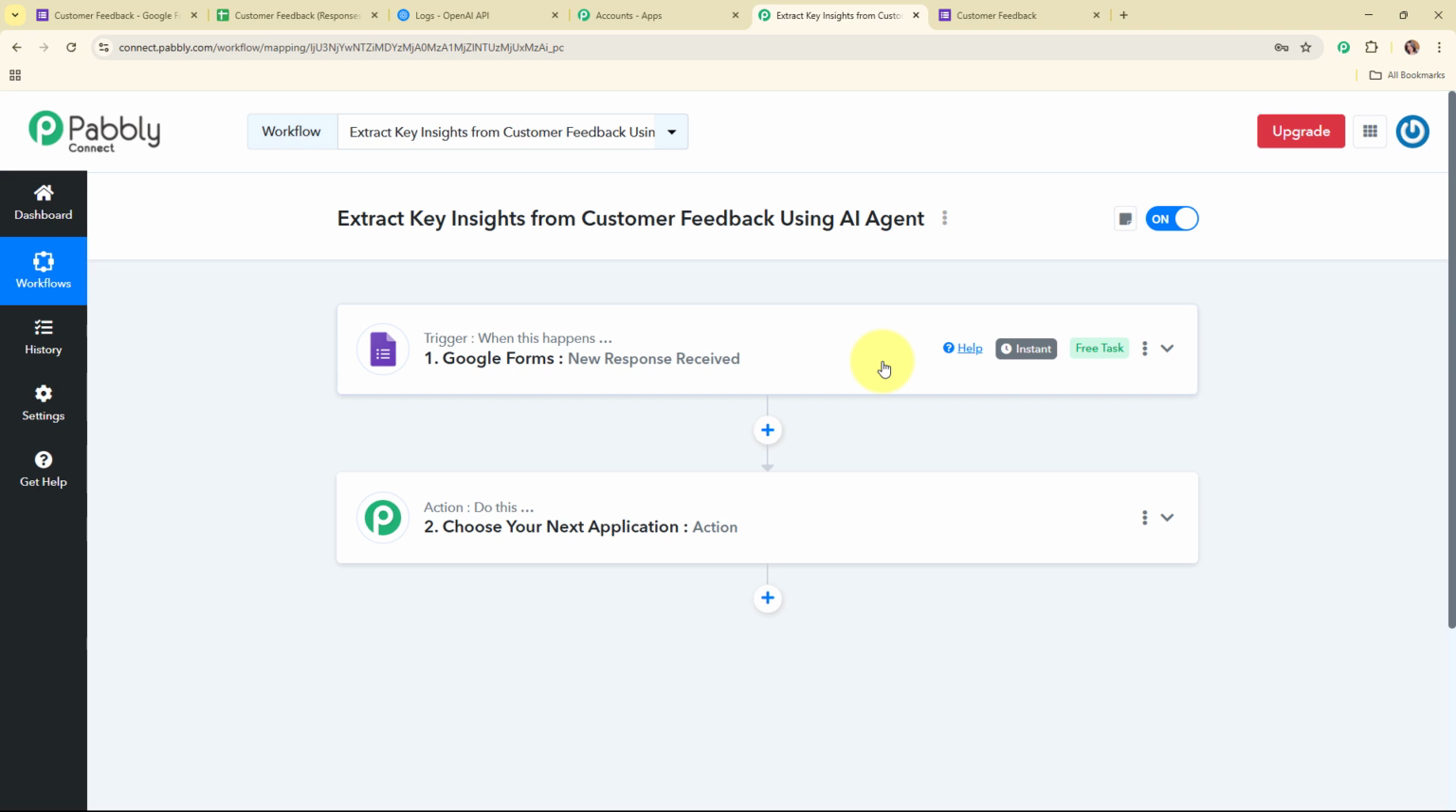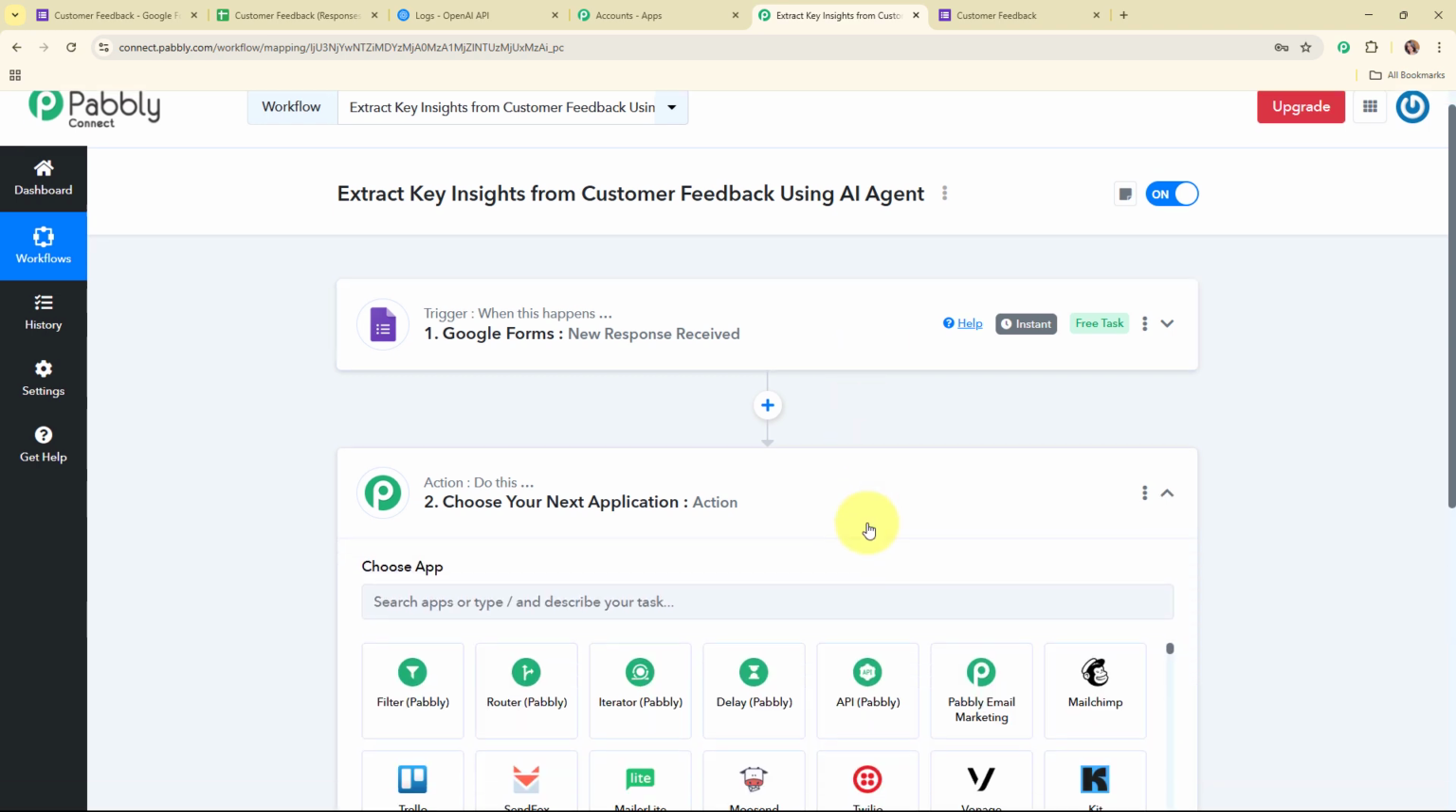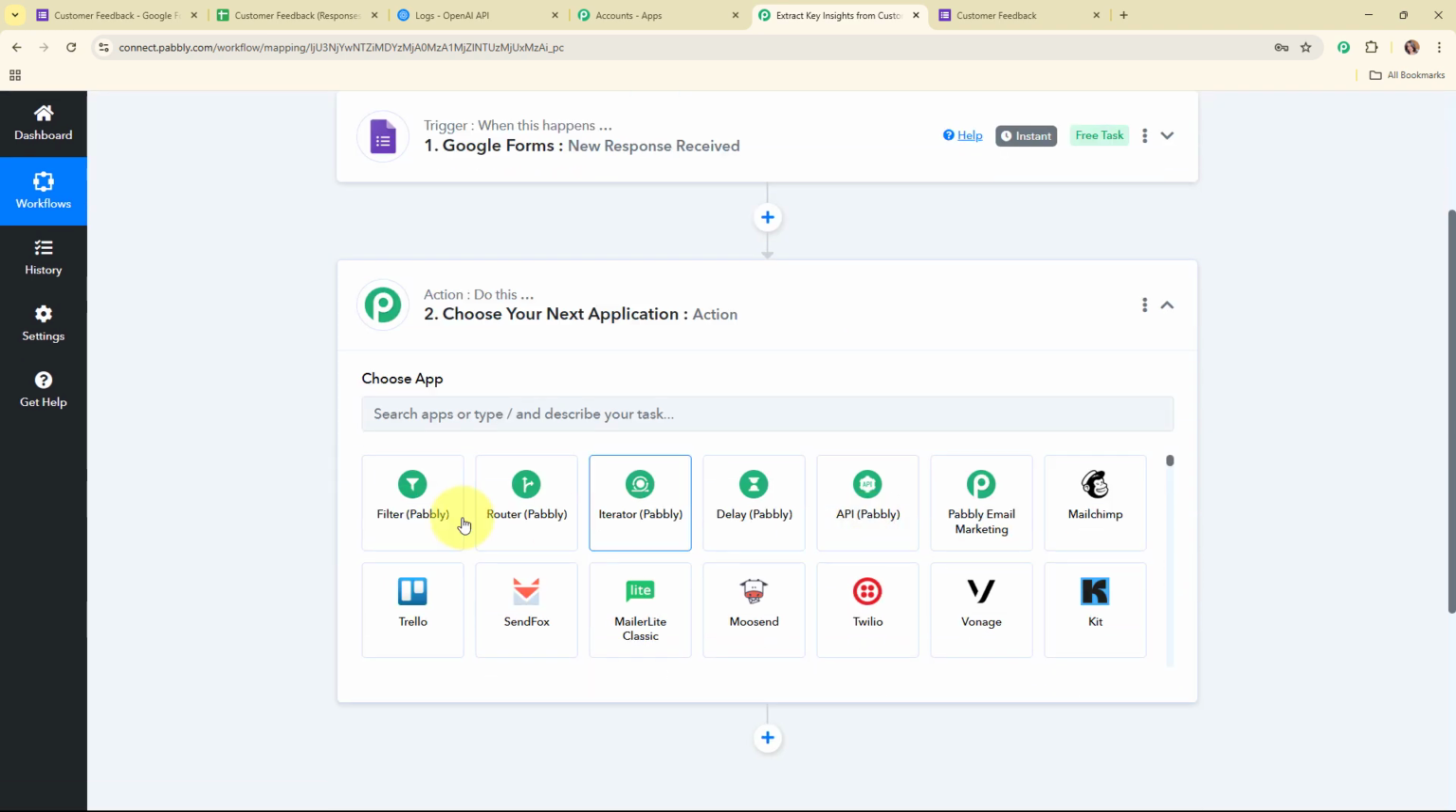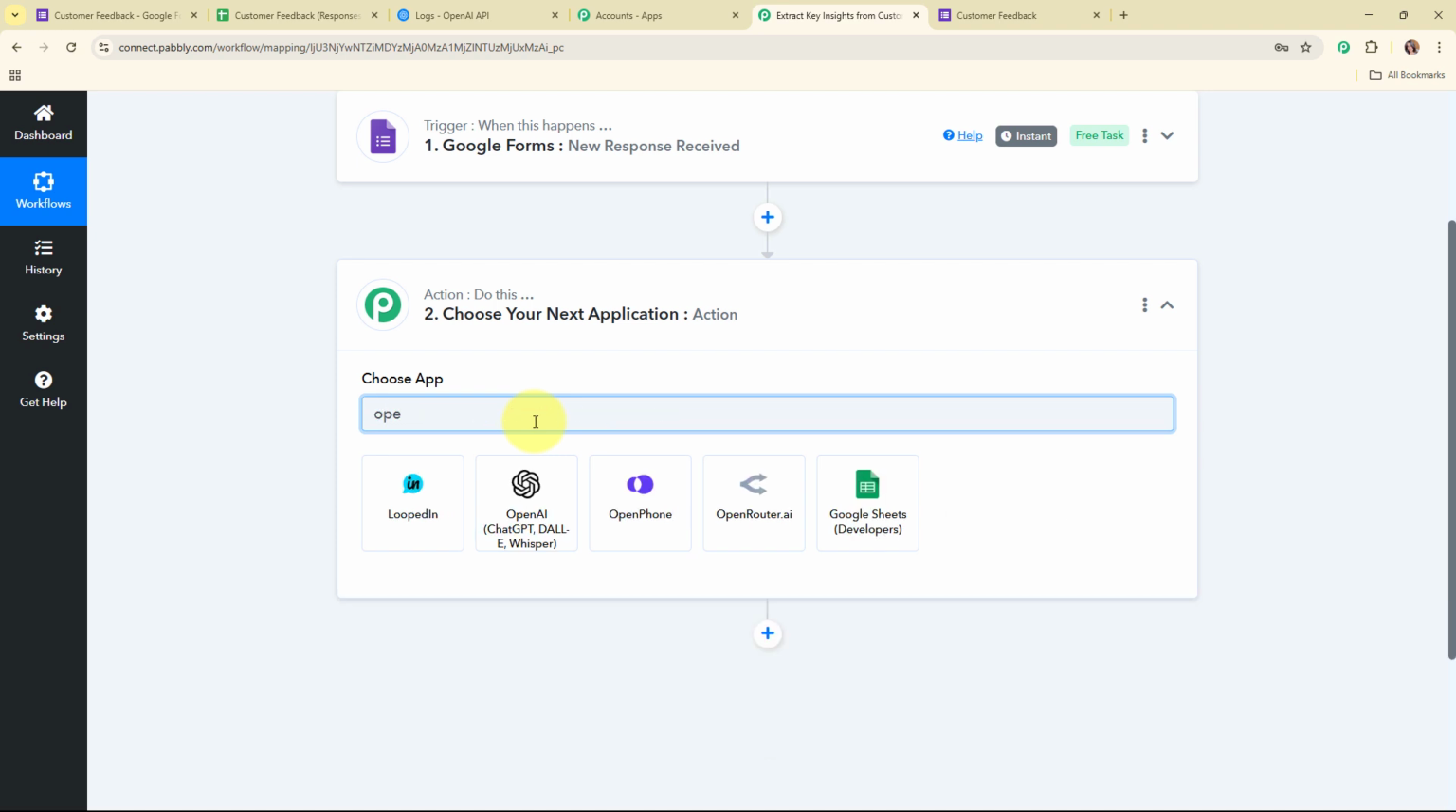So once we have received new feedback through our Google form, then automatically I want to provide this feedback to OpenAI to extract the key insights from that feedback. So for that I need to connect my OpenAI account with Pabbly Connect in this action step given over here. So here I'm going to select my action application as OpenAI. So OpenAI is a company that develops advanced AI tools and models like